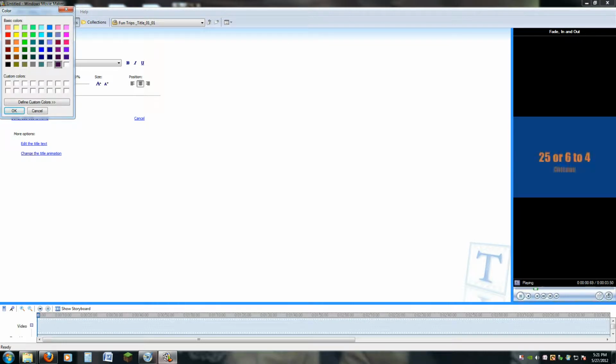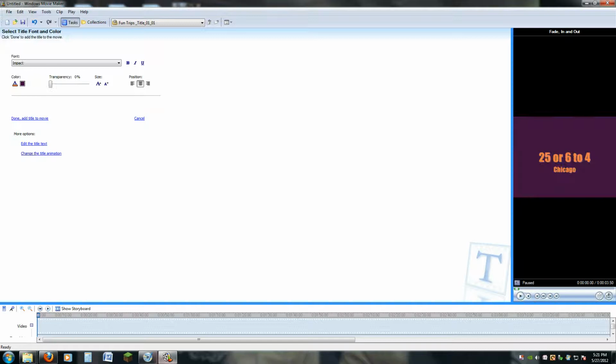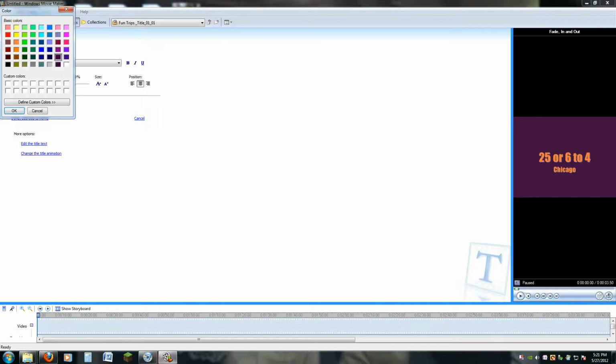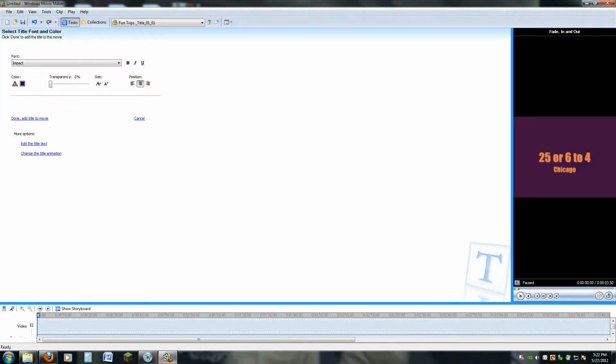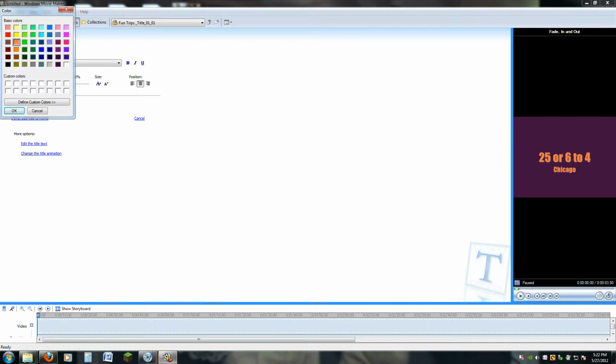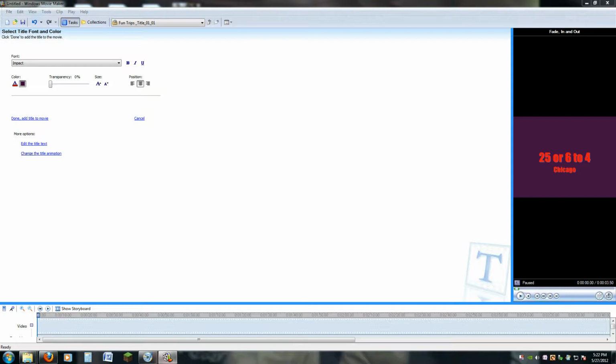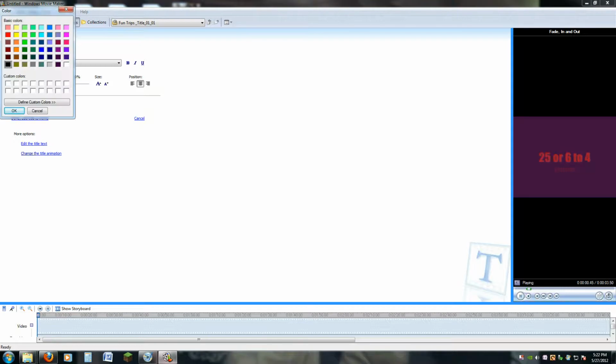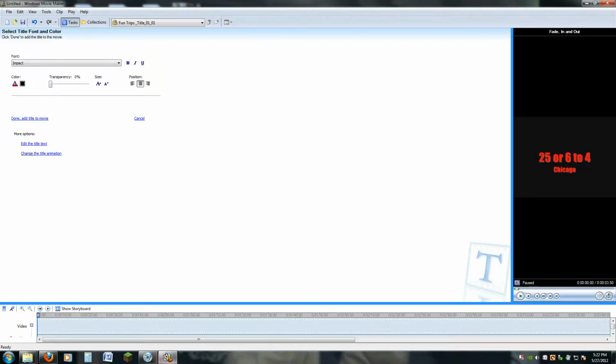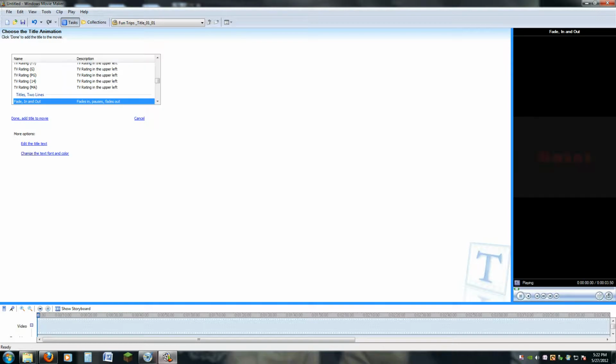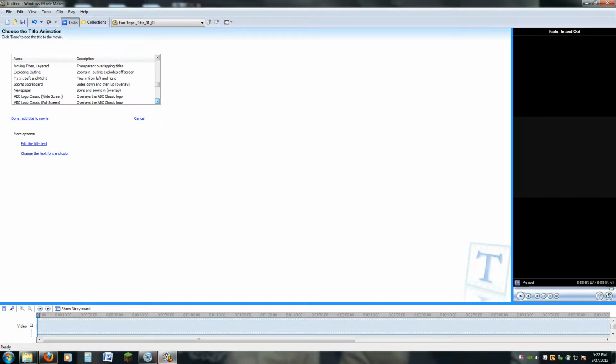What the heck? I think that'll look nice, but not orange with purple background. It's getting all okay. What's going on? Red and black. Red and black. And then we're gonna change the animation. There are a lot of different things that you can do. One of my favorites for this specific sort of video